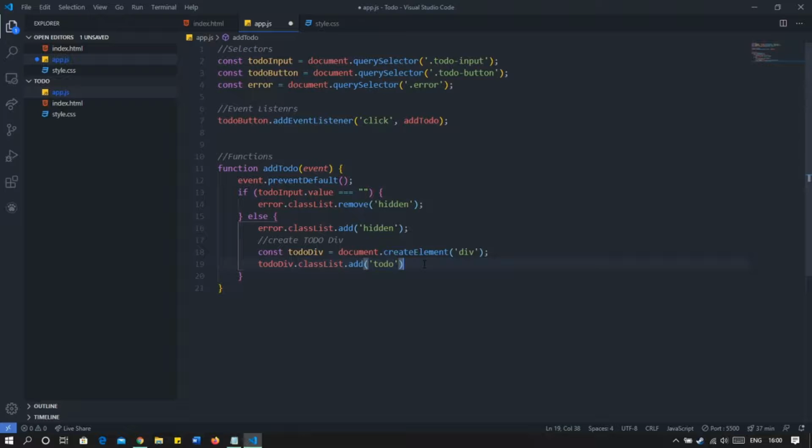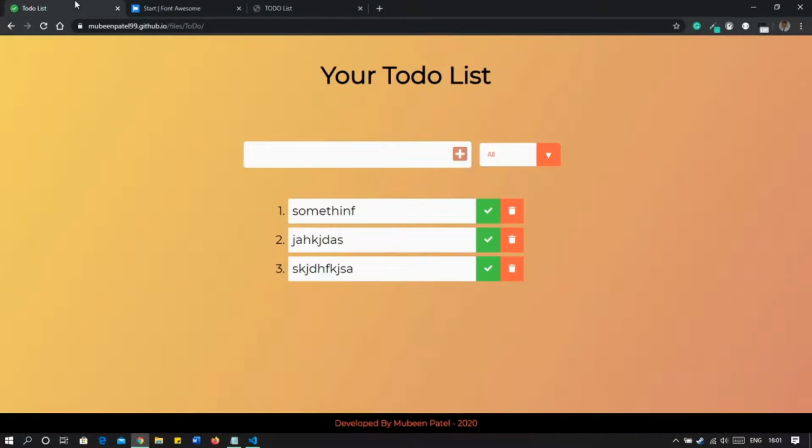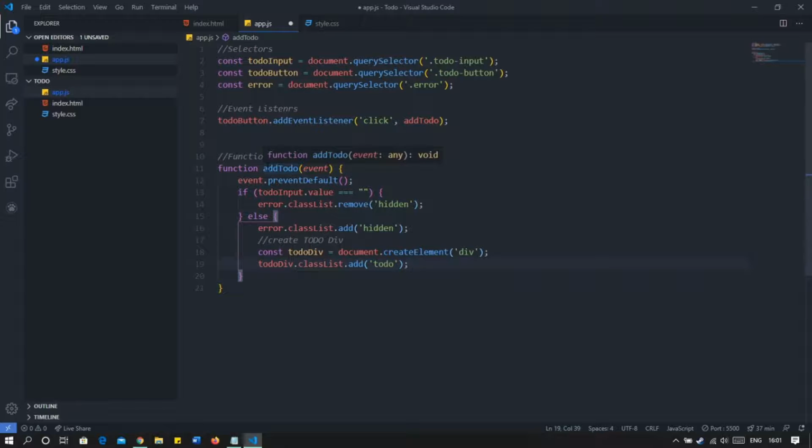As shown in the structure, we have a division in which we have a list and two buttons. So the complete list and two buttons should be wrapped in a division. That is the complete stuff. So this is the complete to do div, right? So to do div dot class list dot add to do.